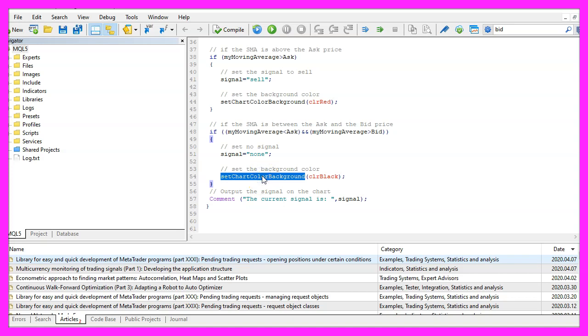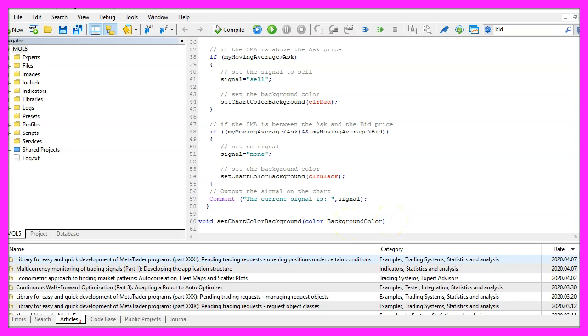Now let's create the custom function. It doesn't return a value, so we use void here. The name of the function is SetChartColorBackground, and it takes a parameter. This one is of the type color. I have called it backgroundColor, but you can call it whatever you like.